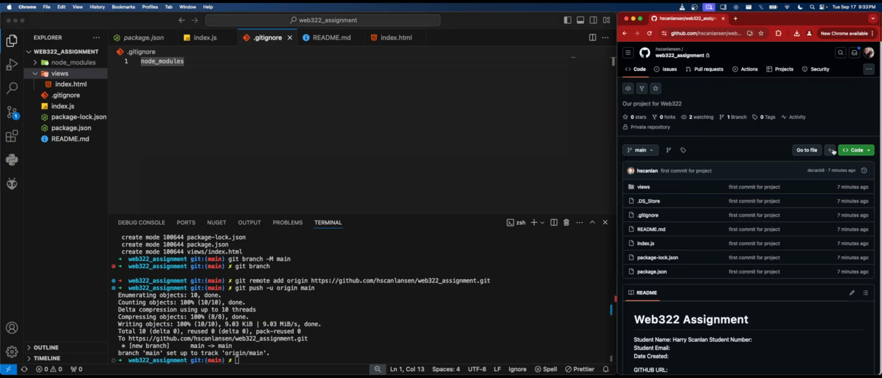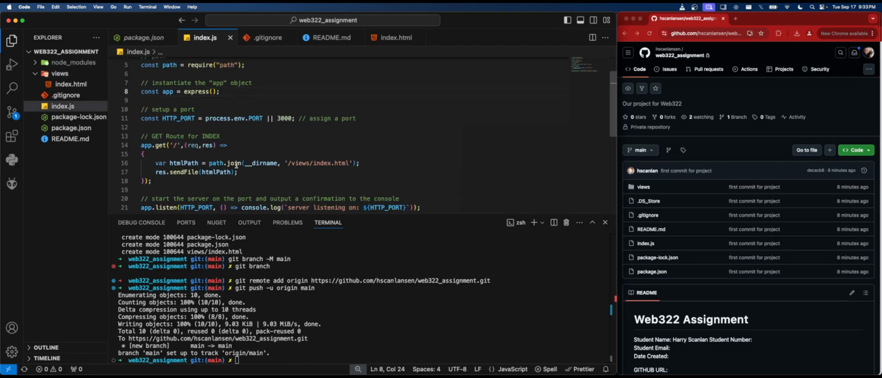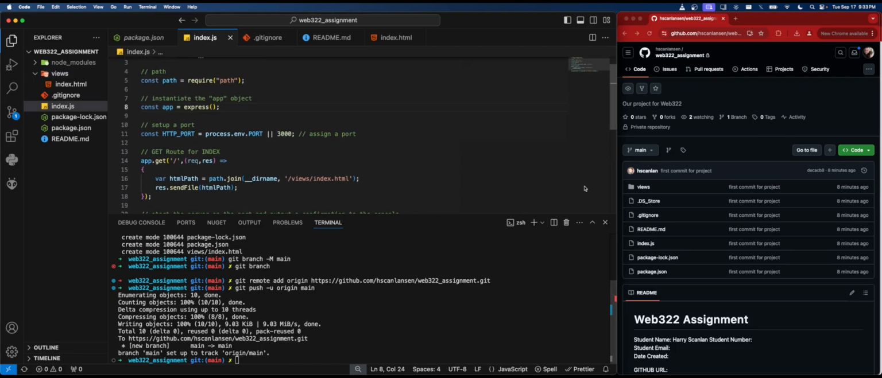Do not use the create file or upload a file. Don't upload a zip file. Don't do any of that. Make sure that you're doing your commits over here. And it's really, really simple. So now that this is all hooked up, you should have no problem for the rest of the semester